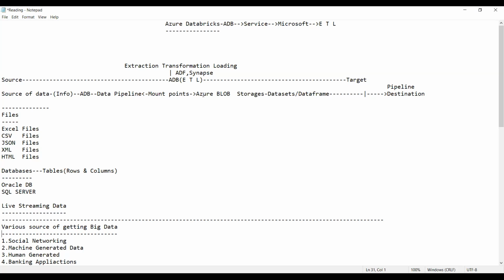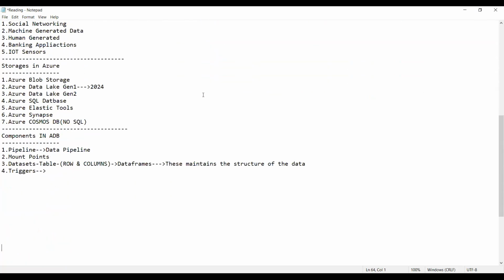Now, what is the other concept apart from the trigger? Apart from the triggers, we can also use one more method that is called debug. Debug is the manual method of running a pipeline, whereas trigger is the automated method of running a pipeline.